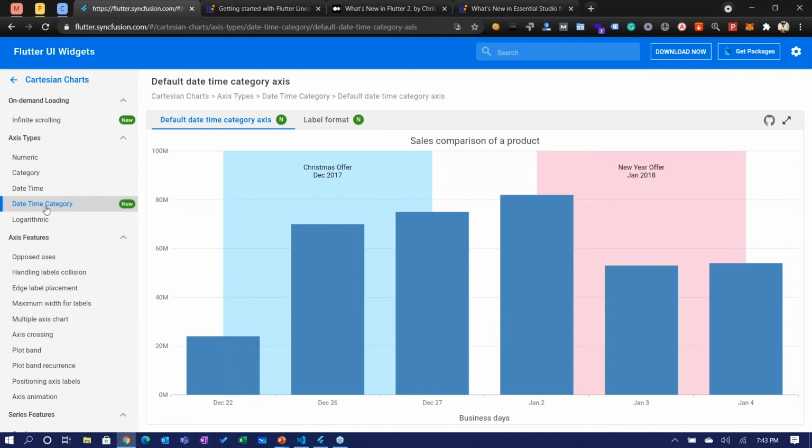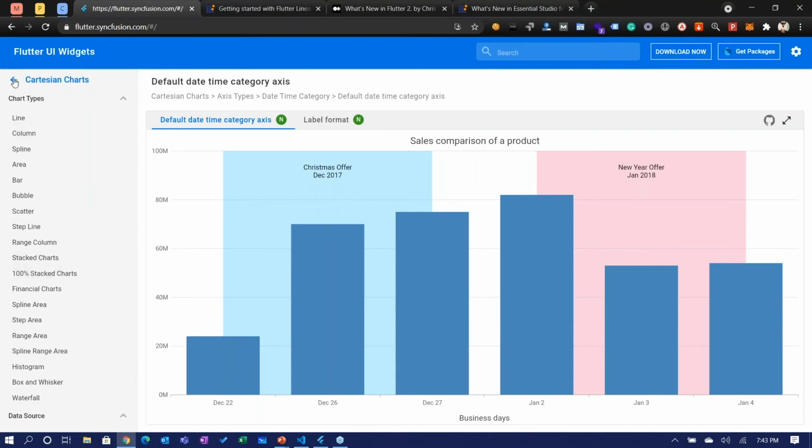If you want to remove those spaces, but still want to have a datetime axis, then datetime category axis is the key. As you can see here, it shows December 22, December 26, 27, and it doesn't have anything between December 27 and January, because those days are holidays. So this is a really good example of datetime category axis.